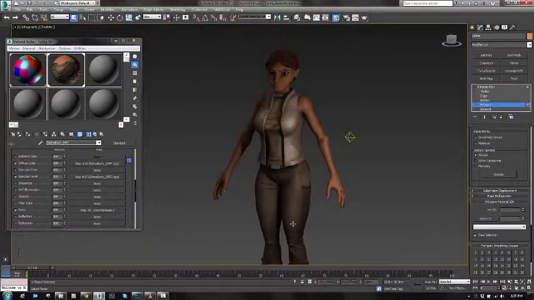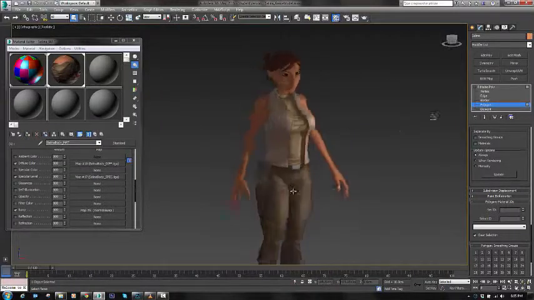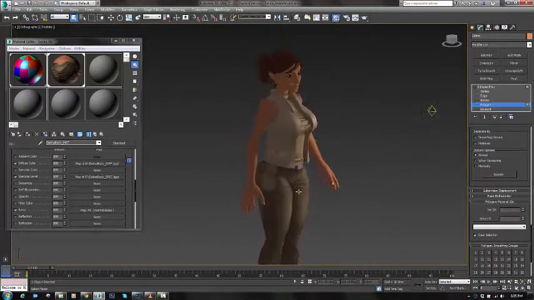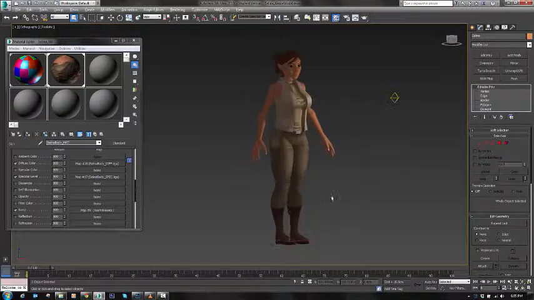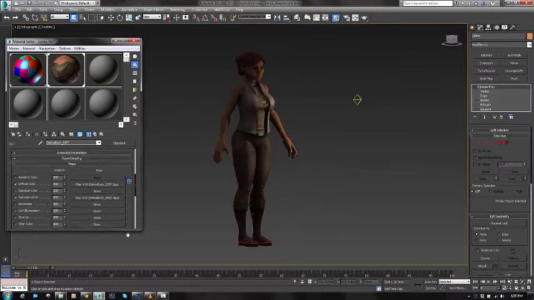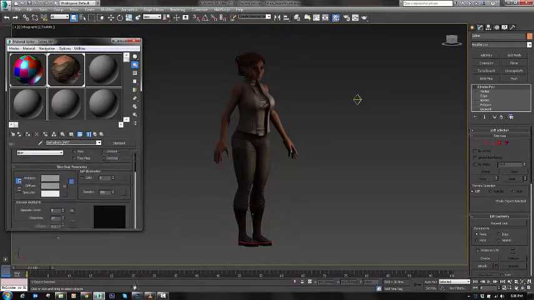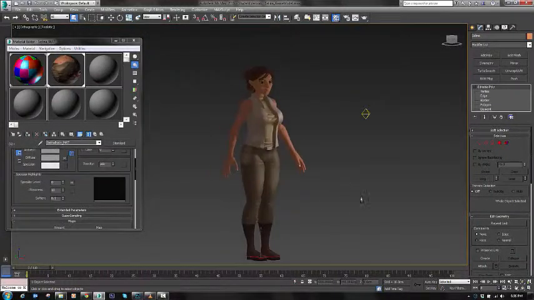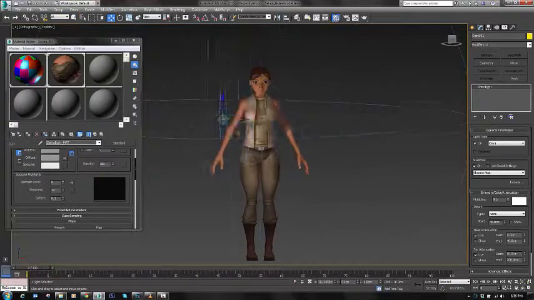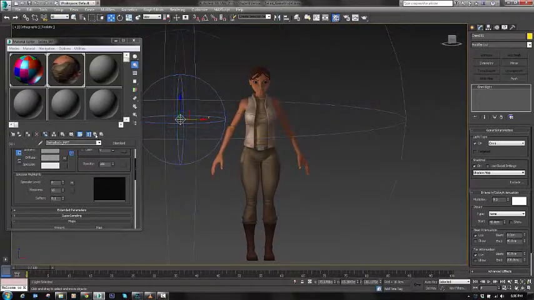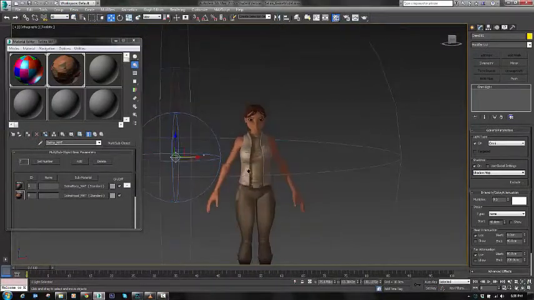Okay, I'm happy with how the body is working out, so the shine and everything is looking good to me, but she's looking a bit clean. Now, she is an archaeologist. This really doesn't make sense. She should have dirt on her. So we're going to go back into Photoshop, and I'm going to apply some dirt and some scratches and stuff